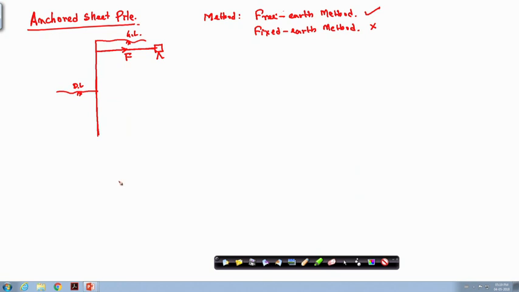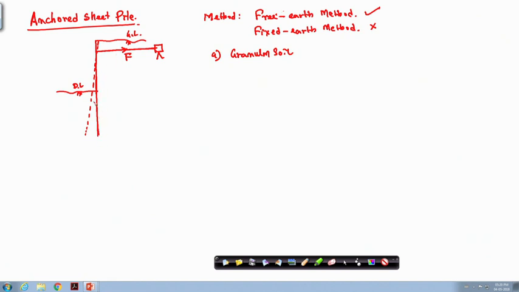So, we have two cases, one is in the granular soil, or in the C-phi soil. So, first I will discuss the granular soil part, then I will discuss the cohesive soil part. Okay. So, in the free earth method, assume that your wall is rotating like this. Okay. This is the wall representation. Free earth means this base is free, it is not fixed. Fixed means it will be fixed.